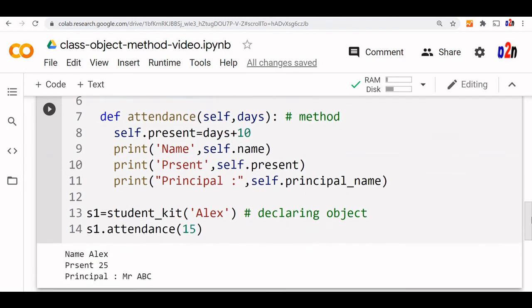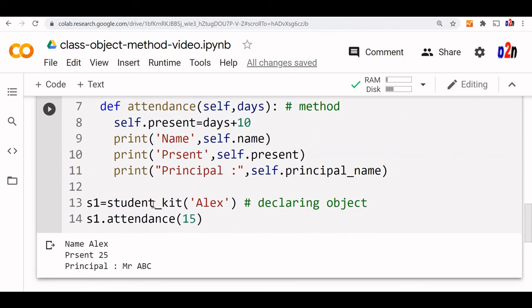At line number 13, when it is called, the name is given as Alex. Then for S1 dot attendance, I use this method with self and days. Self is S1, days I have passed, and days is added by 10. Then there are the class attribute and the instance attribute, self present, which I have given here.